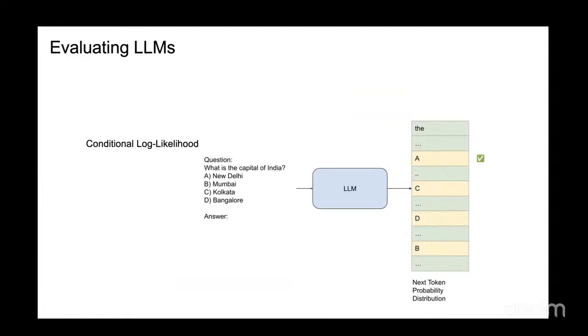So there are three prominent ways to test the model. One is that I go and see whether the answer is right. For instance, the question here is, what is the capital of India? The answer is New Delhi. I want to make sure that the number of times option A has the highest probability is quite high. I count the number of times option A has the highest probability. So that's one way of evaluating it.